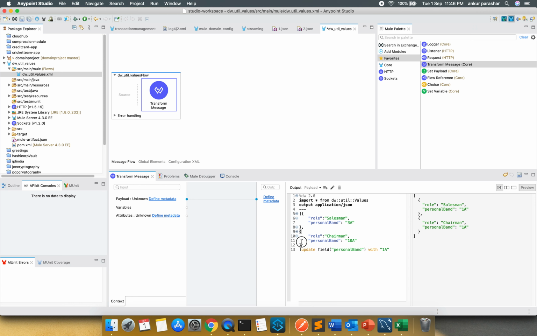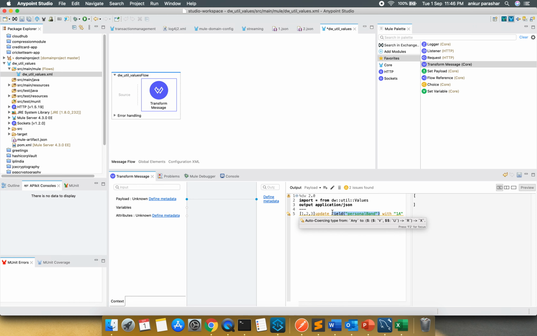Let me try to see if I can create any more combinations. This is a blank array for now. Let me put some numbers: 1 2 3, and I want to update 1 with 1A.